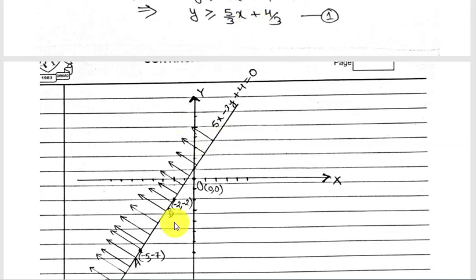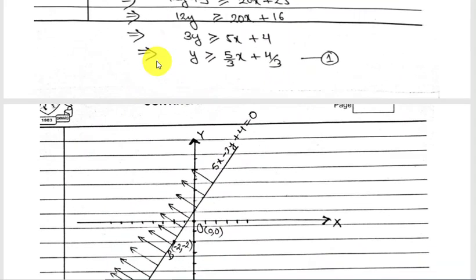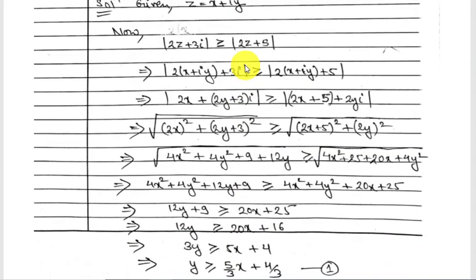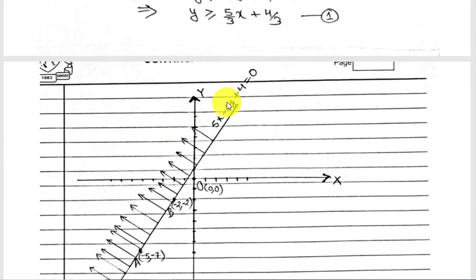Why not on the right hand side? Because we showed that I took one point from the right and I saw that in that case the inequality is not holding. That means all those points on the right of this will not satisfy this inequation. So this region, plus the points on this line, will satisfy this relation. Therefore this relation will be satisfied by all those points lying on the line and on the left of this line.